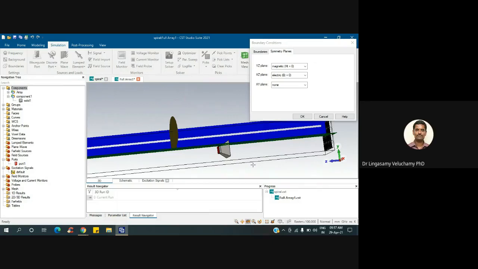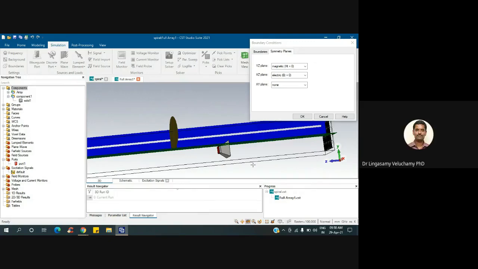That's why we are giving a magnetic field. And the electric field we are giving along the green one, because it is half of the electric field plane. You can go through that waveguide part once, waveguide radiation, something like that.